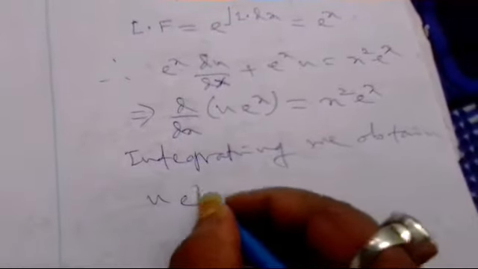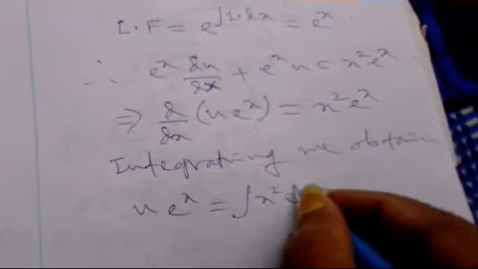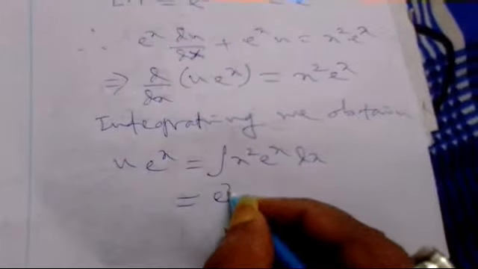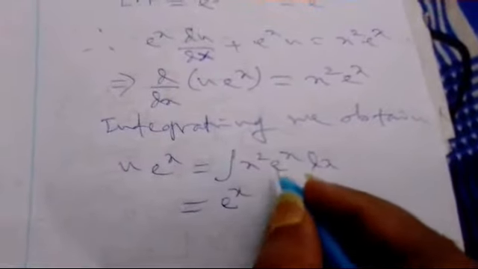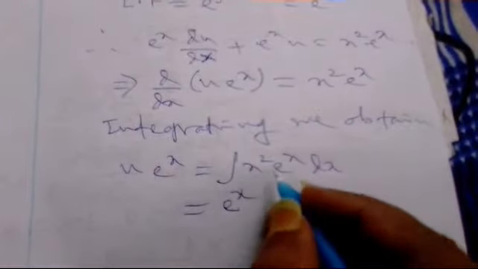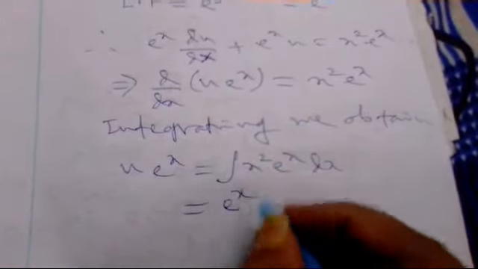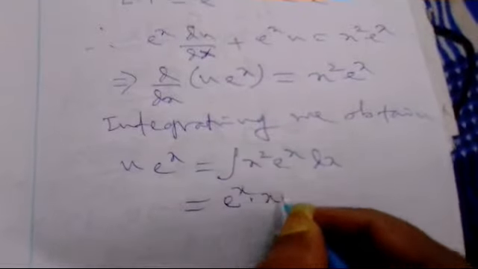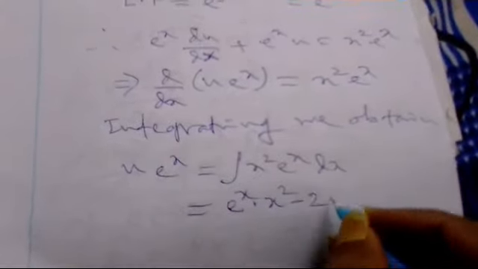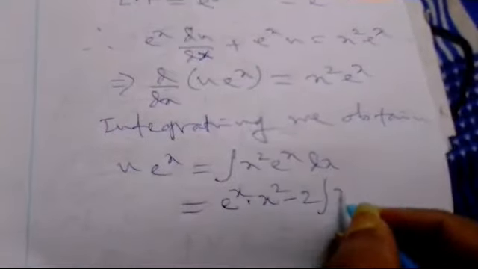we obtain, so after integration it will be u into e to the power x, that will be the integral of x square e to the power x dx, and it is the method of by parts, ILATE. So first function into integral of the second, first function is x square into integral of the second minus derivative of the first, that is 2x into e